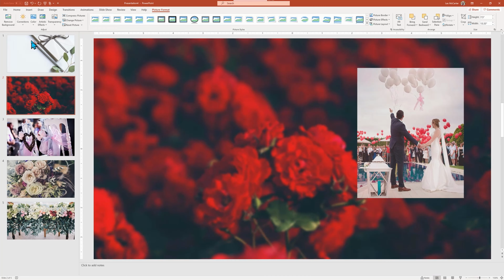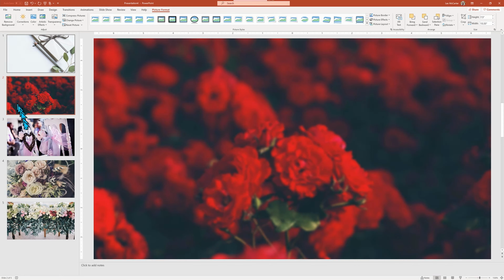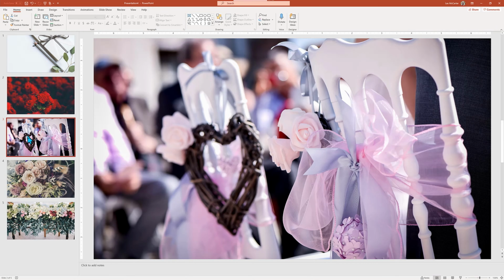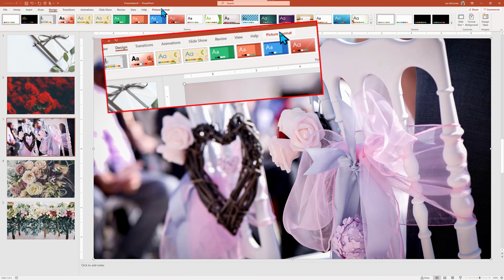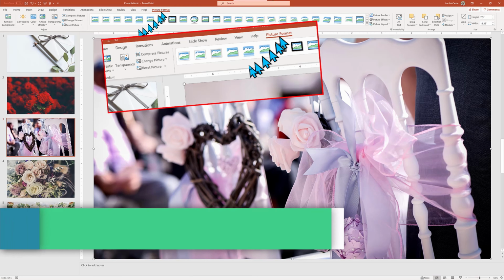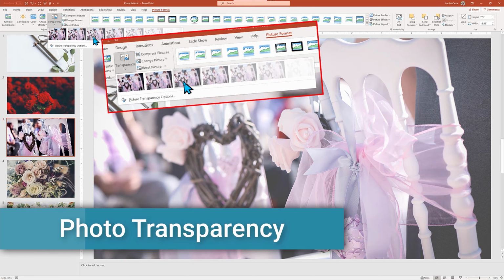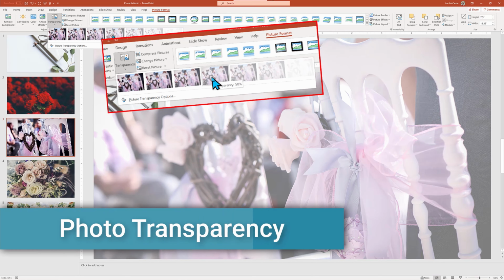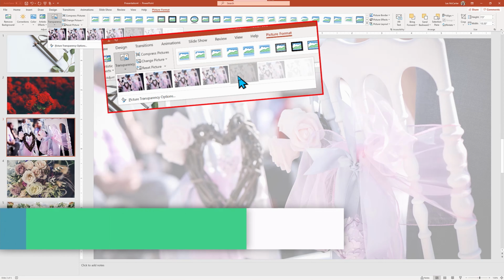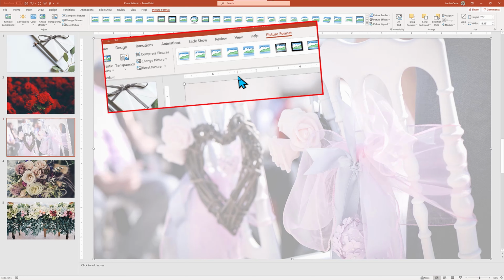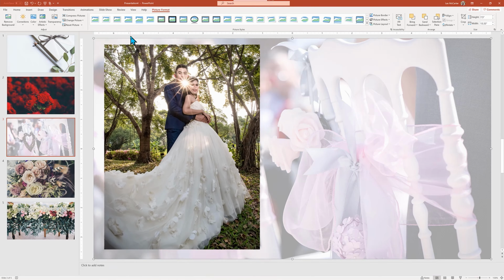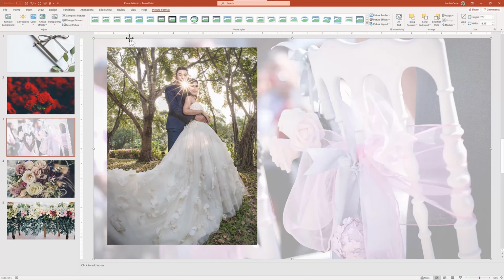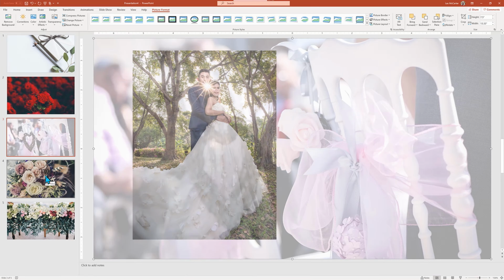and keep our pictures in focus. Our next photo candidate is much lighter with a colorful theme, but it still may be too much in our face bright. So our next tool of transparency to the rescue. Photo selected, picture format menu clicked, and then under transparency, we can make the image fade more into the background by hovering the mouse over the choices to see how much we want it to fade.